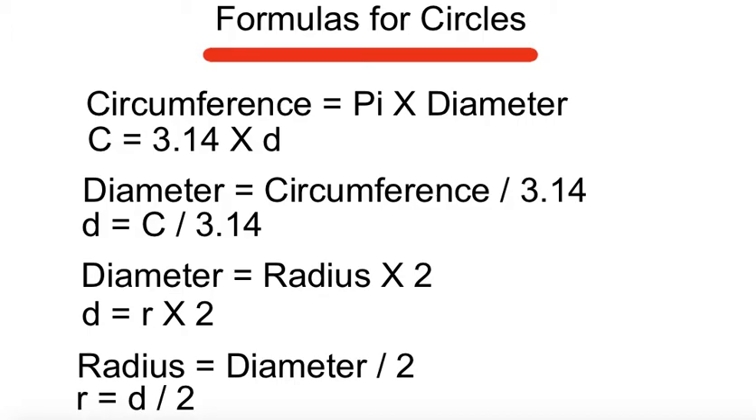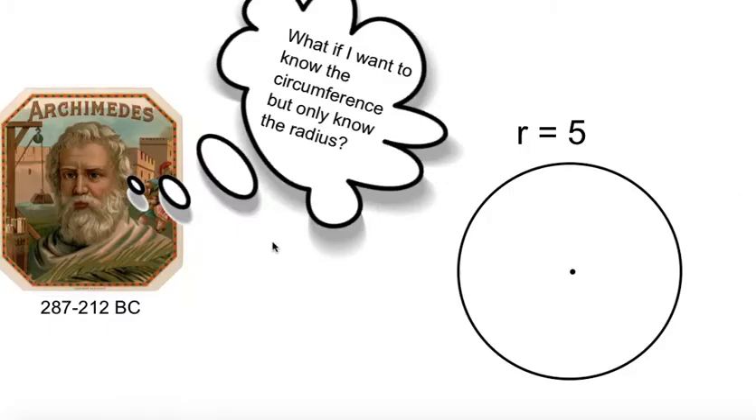So the first example I'm going to ask is, here's Archimedes, and he has a situation where he's trying to find the circumference of the circle, so the distance around the circle, but all they know is the radius. Radius equals 5. Now, a reminder that the radius is the distance from the center of the circle to the